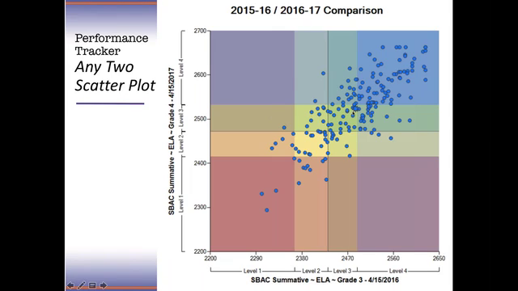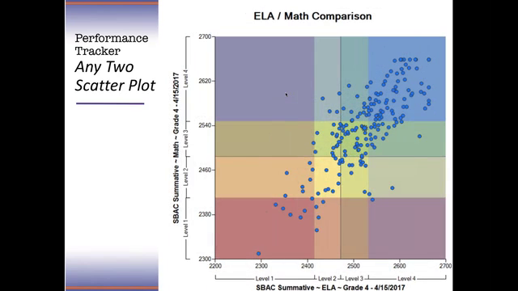So I've got quite a few who are in there. This is the average right here. These students scored a level 2 in 3rd grade, but a level 4 in 4th grade, which is great. They moved up quite a bit. All of these students moved up also. So it doesn't really help me with instruction. It just gives me an idea of what's going on in general. This is just another example of 4th grade ELA and 4th grade math. Generally it goes up. Some students get 4s on both, 1s on both.